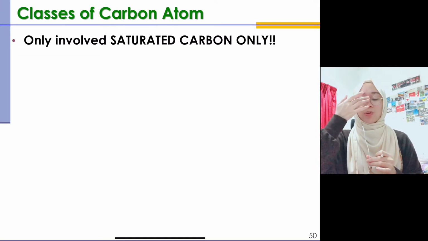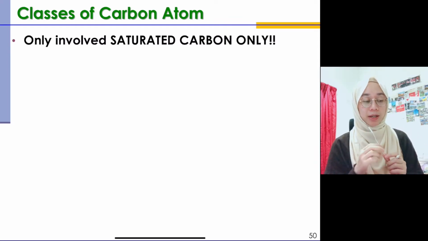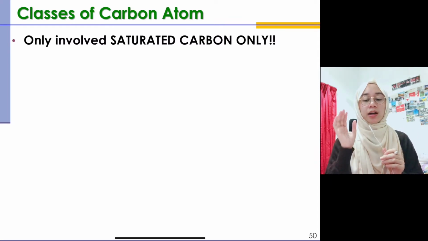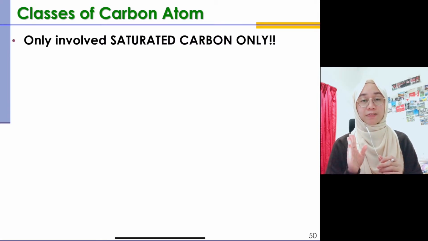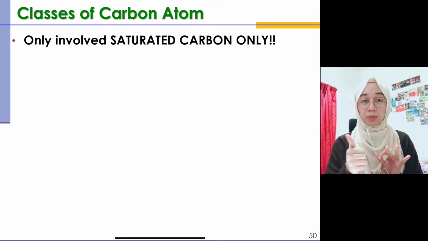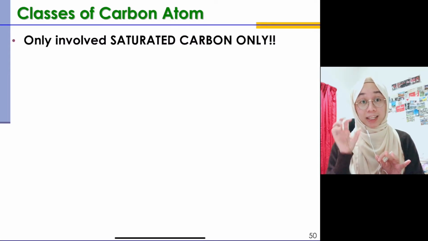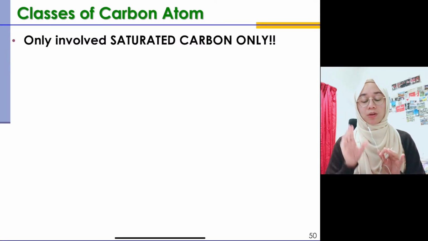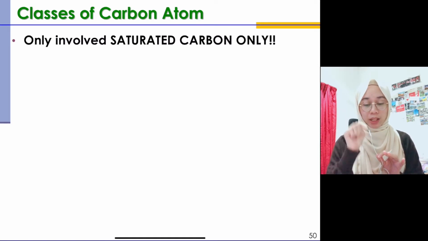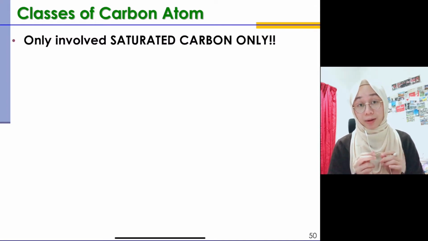Okay, tapi Miss bagi tahu awal lah apa dia saturated carbon. Cara senang Miss nak bagi tahu kamu adalah carbon ni dia involve single bond sahaja. Okay, they involve single bond saja. Keliling dia semua single bond. So there's no multiple bonds, no double bond, no triple bond bonded to the carbon yang kita nak classify tu. Okay, so make sure that the carbon consists of 4 single bonds. Baru kita boleh classifykan carbon tersebut,